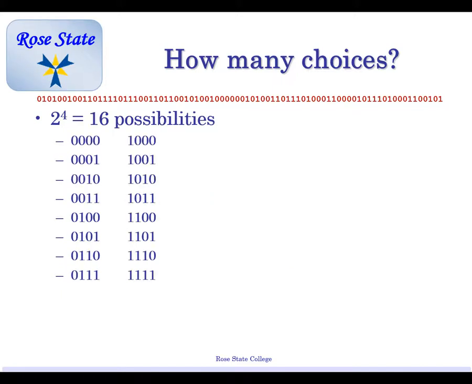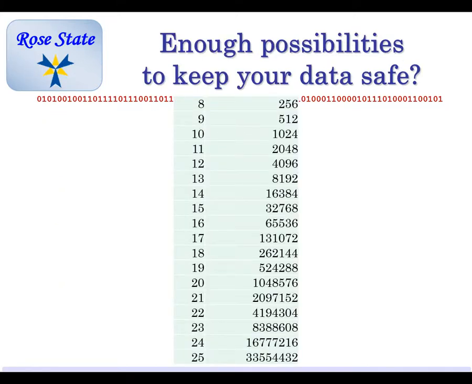Okay. 2 to the 4th will be 16 possibilities. Nothing new here. It's actually hexadecimal now. Okay, so what if I had 2 to the 8th, which is 256? Would that be enough? So if I had 256 keys, would you feel safe? How about if I had that big number at the bottom? What is that? That's